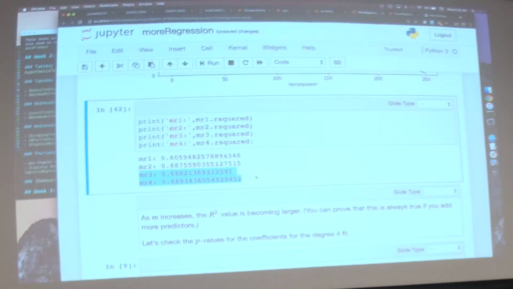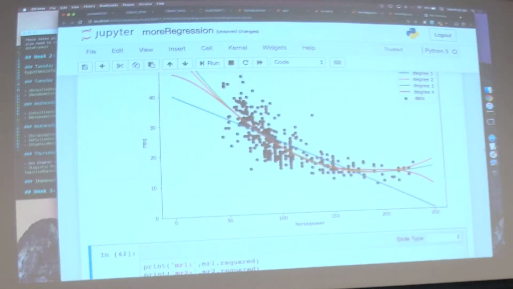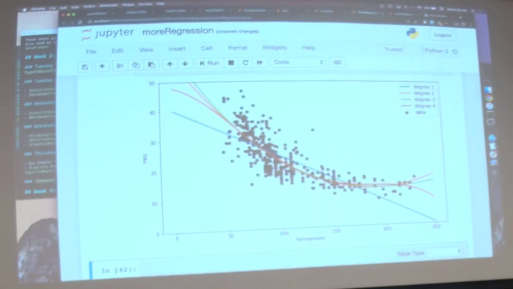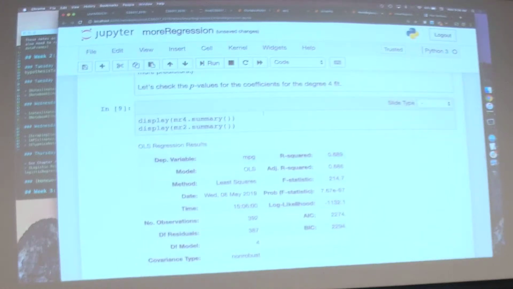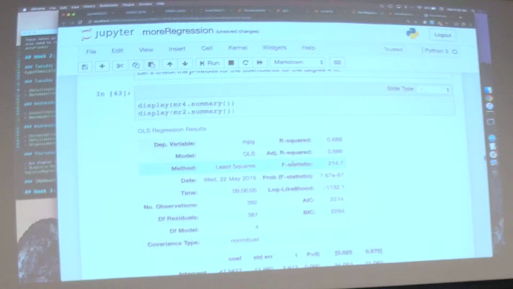And there's an upper limit on what we can do here, right? We're not really going to be able to fit a line that goes through all this data, so an R-squared of 1 is never going to happen here. So I think it looks like we've hit diminishing returns based on R-squared value. And if we look at the summary,